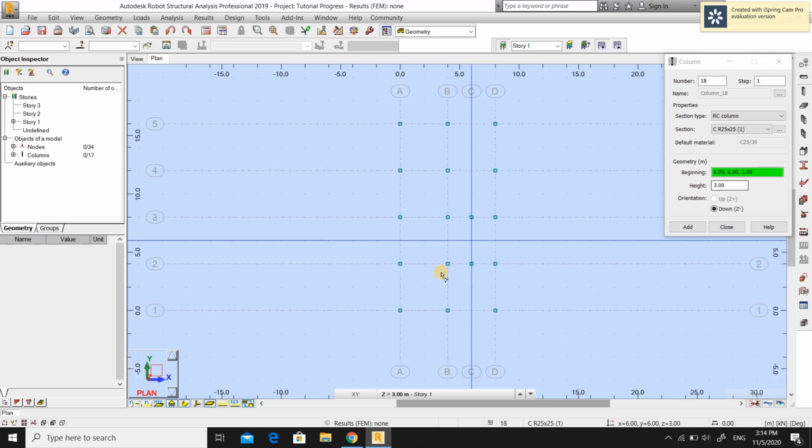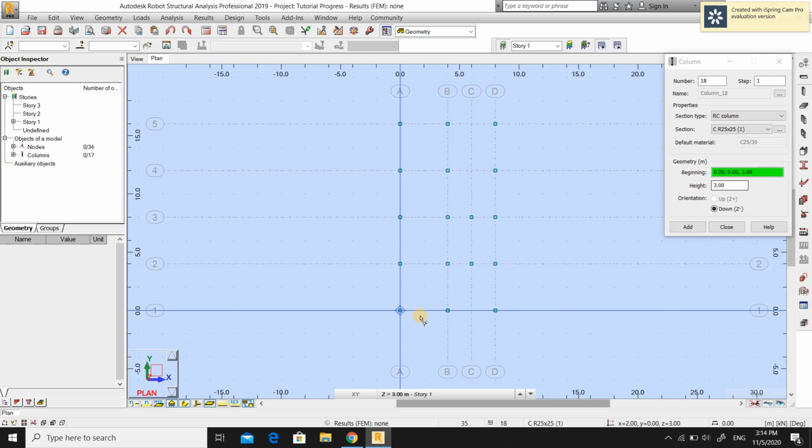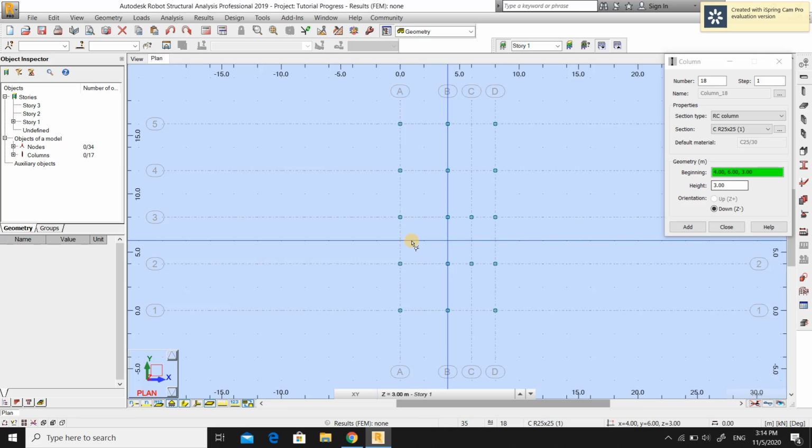So I'll be having a section division over here with a wall, and also this will be my entrance, and I'll be having a staircase rising up to a landing and rising up to the second floor. So I'll be having a landing over here, so I'll be having a column over here as well. So I'll add that